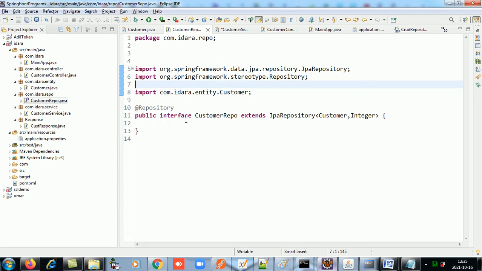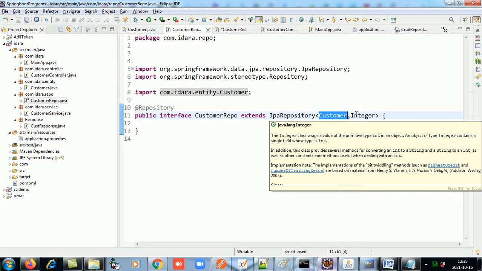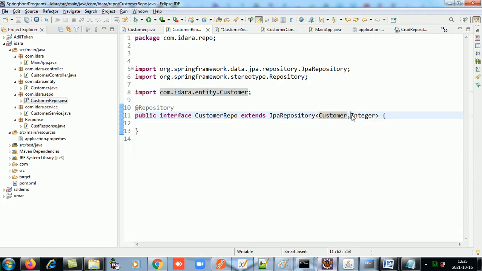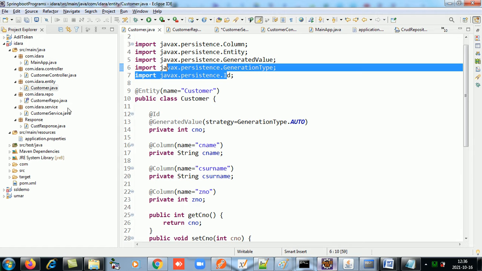What we do is interface customer repository extends JPA repository, and this is the name of the entity class, and what type of primary key. In my case the primary key is customer number, so it is of type integer, and this is my entity class, customer. So just pass these as arguments. Nothing much in this.